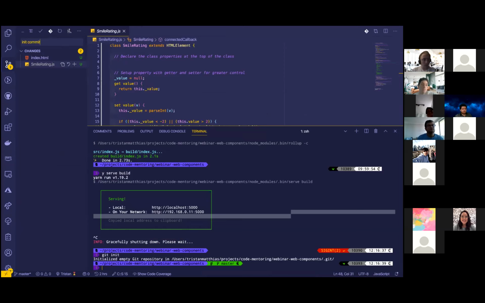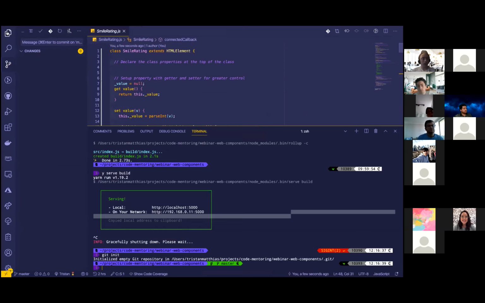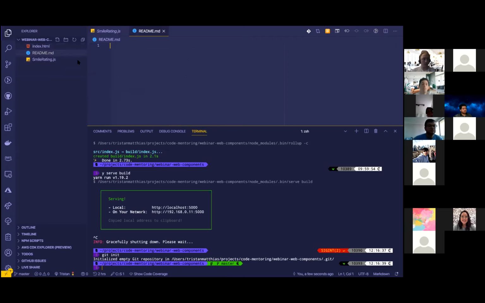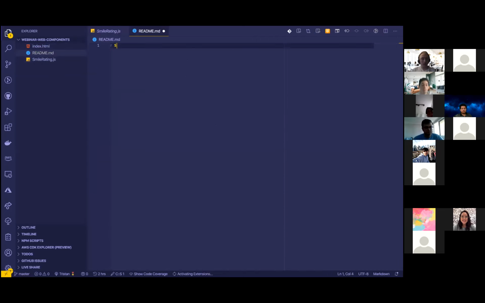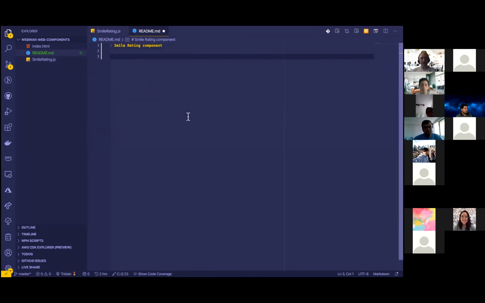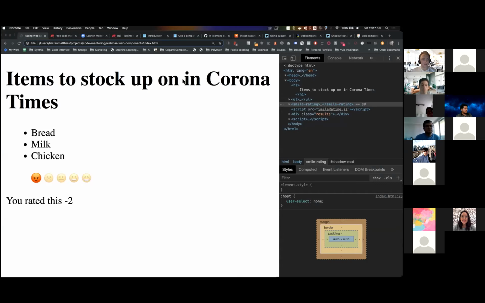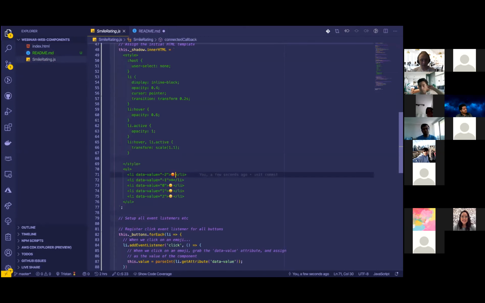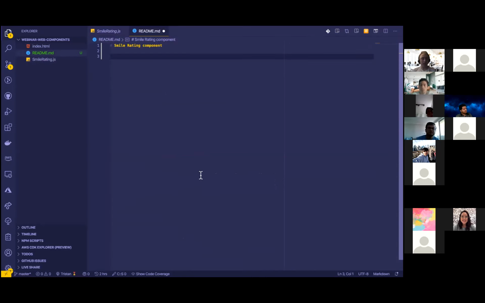Init commit. It's a good starting point, right? Yeah, it's a great starting point. Let's just create a little basic README for this as well, for those who are new to this. README.md, right? Call it a smile rating component, right? We'll have the smile, these guys. Just a little bit of a README, show people exactly how your